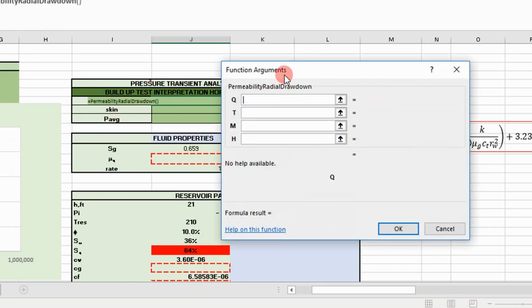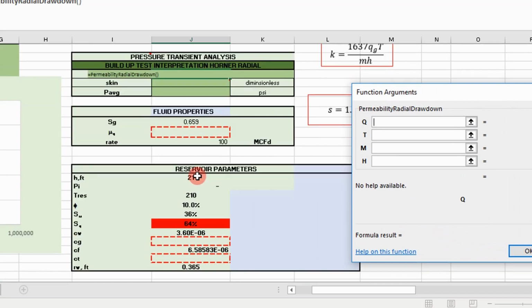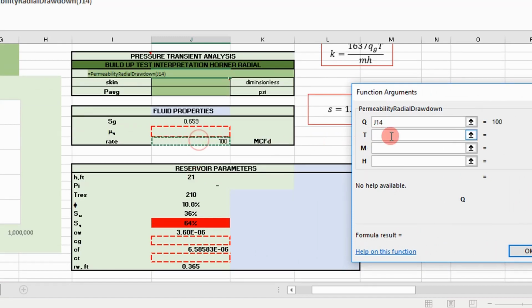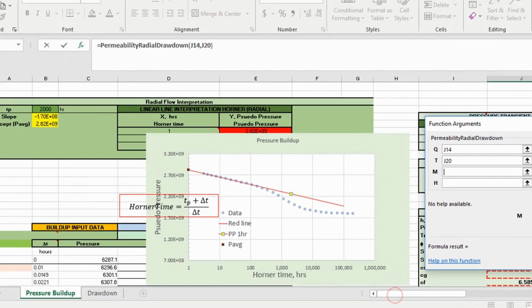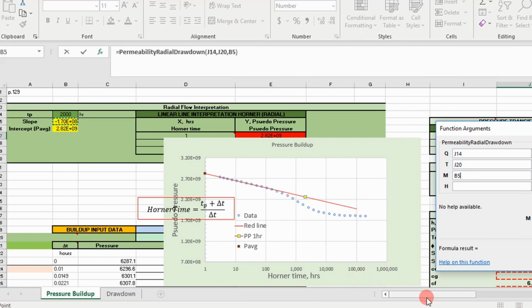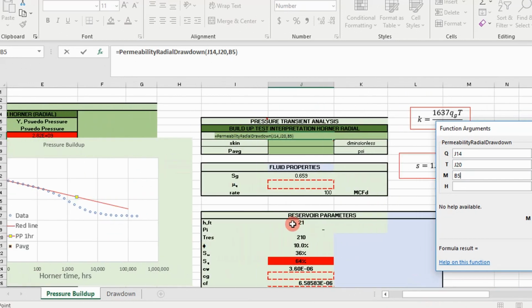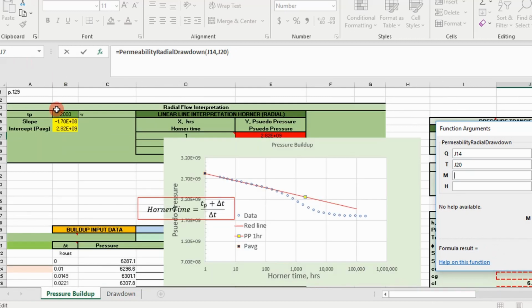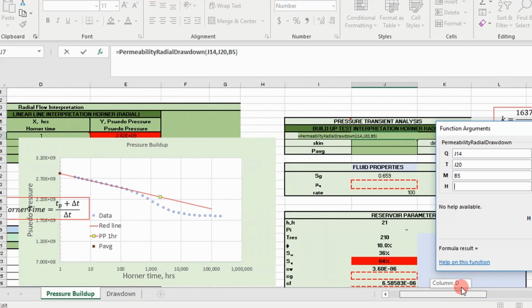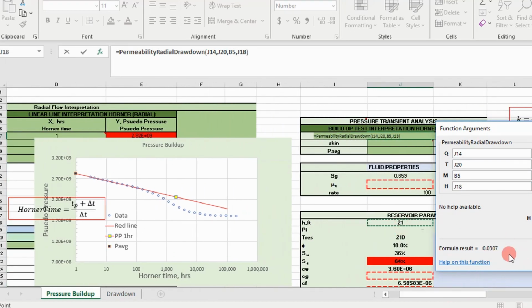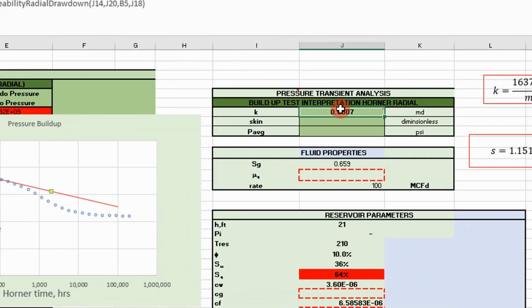It's going to take our rate, and this was pulled in from the book, our temperature in degrees Fahrenheit, our slope off of our line, and our reservoir thickness. And screwed up there. Slope and then reservoir or pay zone thickness, my bad, it should be pay zone thickness. And so that's our permeability,